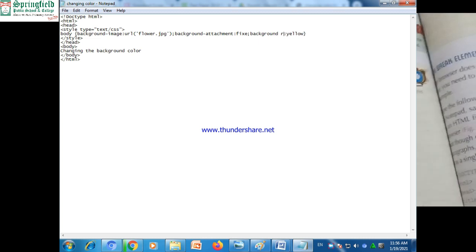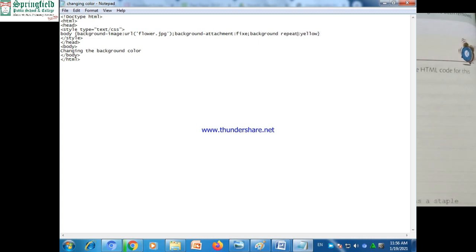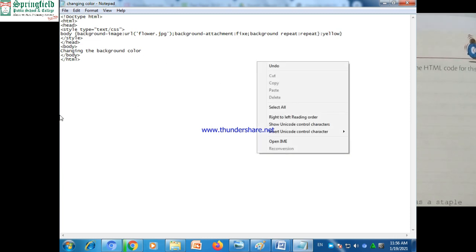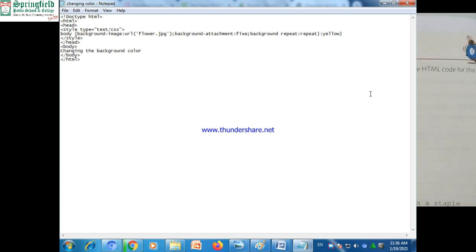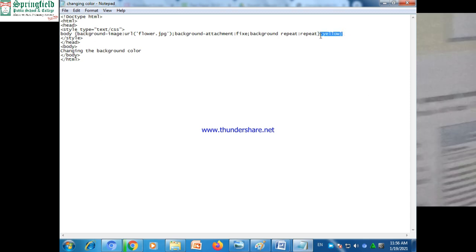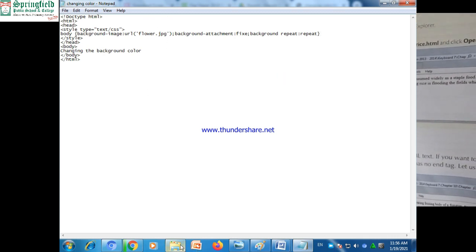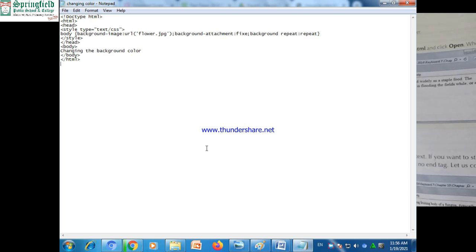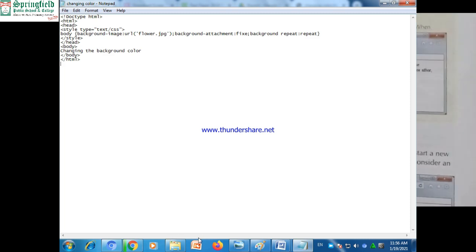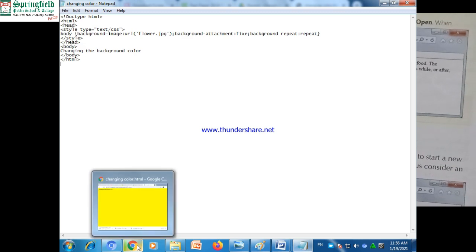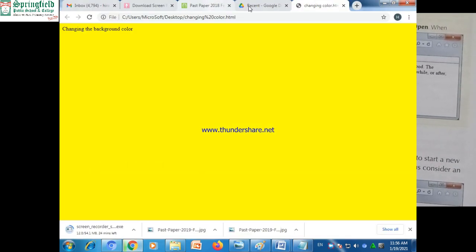Notepad. First of all, we have to open Notepad, then type the following HTML code: DOCTYPE HTML, start of the HTML, head, and then title, rice cultivation, head close, body, rice is a... and you write the paragraph and then close the body. Then close the HTML, then you will save the file. In this way you can save the file, and when you open it you can see the output in this way.